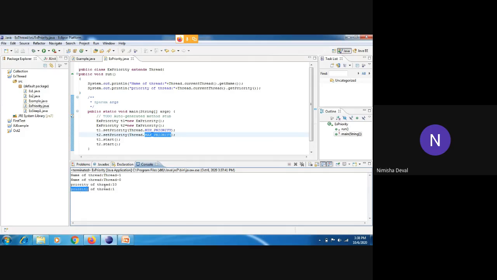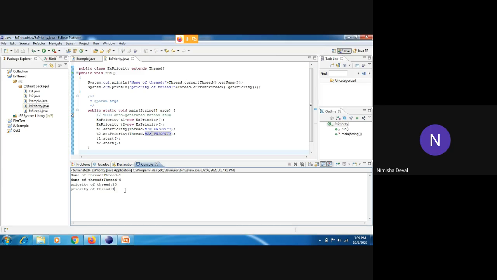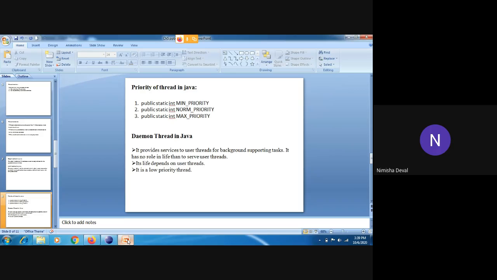Okay, so first take its screenshot. So we will start the next point, that is the daemon thread. Okay, so the next point is the daemon